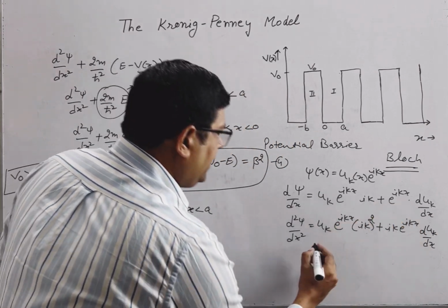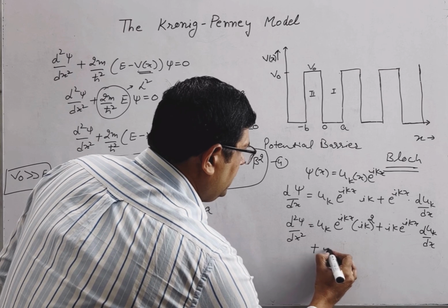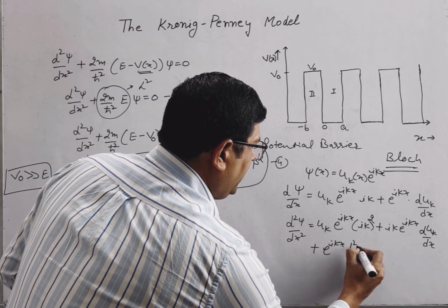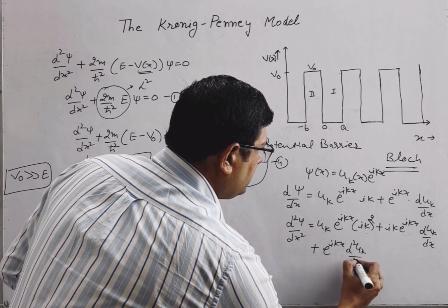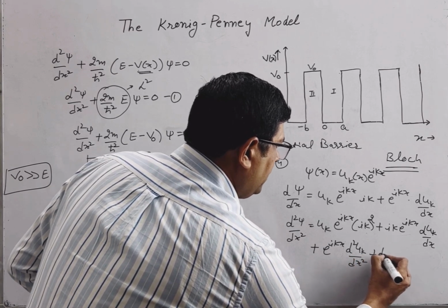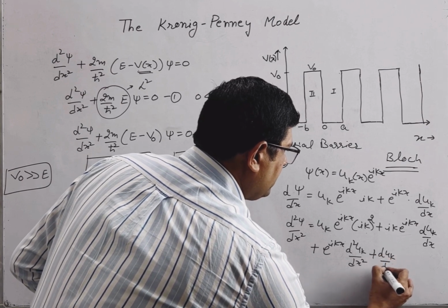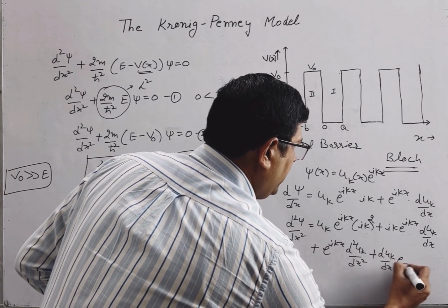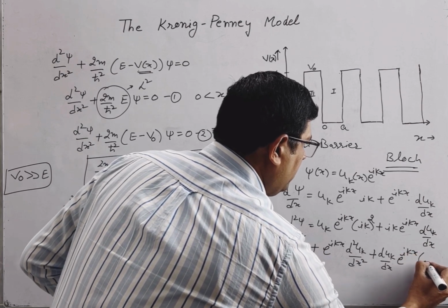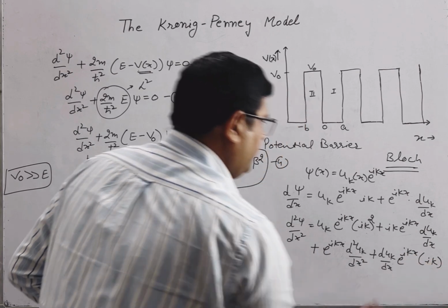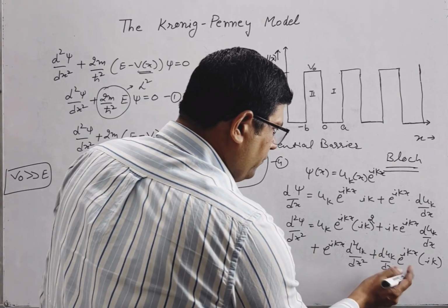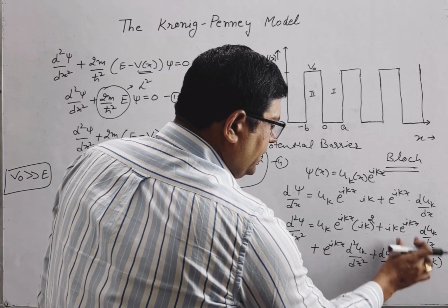Now from the second term, plus e raised to power iota kx into again the derivative of this, d2 u_k upon dx square, plus d u_k upon dx into the derivative of this term, e raised to power iota kx into iota k. Okay, now from here, adding these two terms,